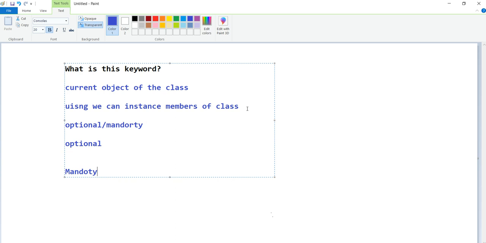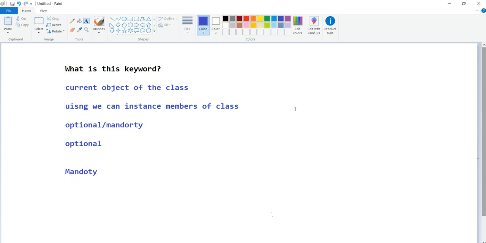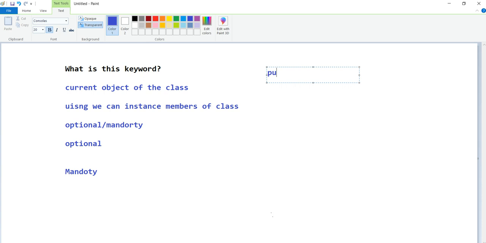Like simply here I'm writing one public class MainActivity. In our Android code I'm writing MainActivity extends something, whatever it should be. Within this there is one more method, the onCreate method.